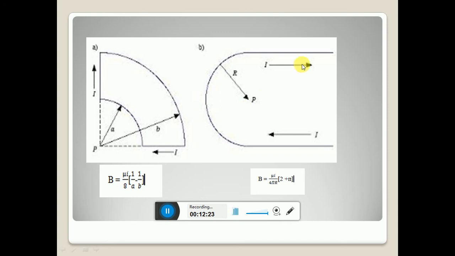Similarly, here if you see this part, current is flowing from the bottom line like this, traveling towards the semicircle, and again it is flowing in this direction. This part can be divided into 3 cases. In the first case, it is traveling horizontally towards the negative x direction. After that, the semicircular part, and then it is traveling in the positive x direction. So this is the first, second and third part.